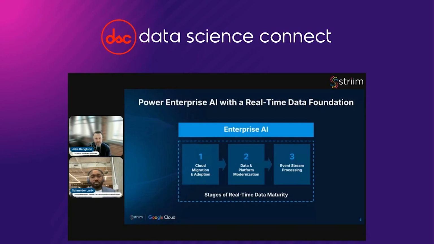And so they go through a cloud migration and adoption strategy. It's just like a lift and shift. Their database was on-prem. It wants to be in the cloud now. The second stage is where they start to go through data and platform modernization, which is all about building modern